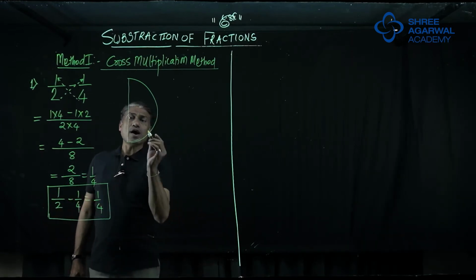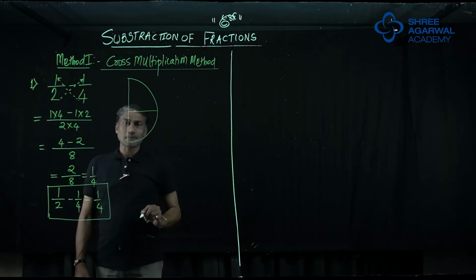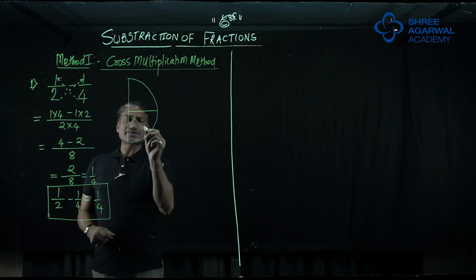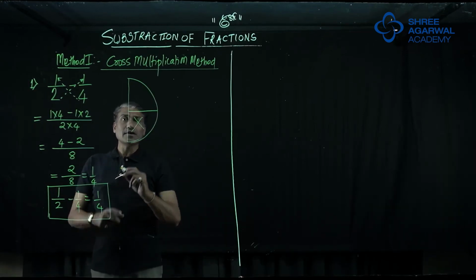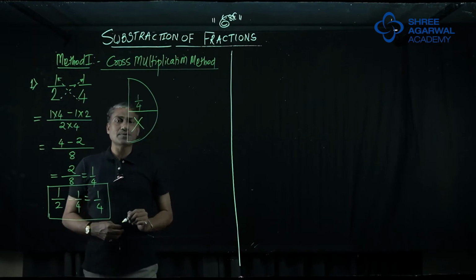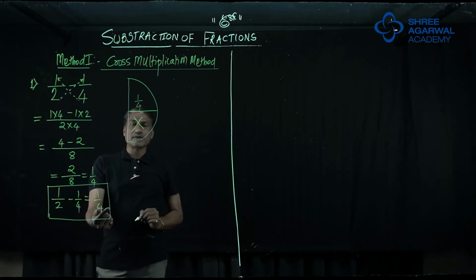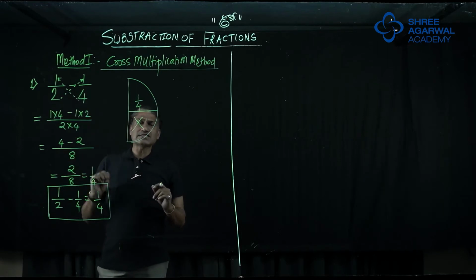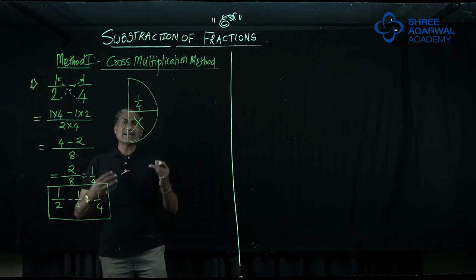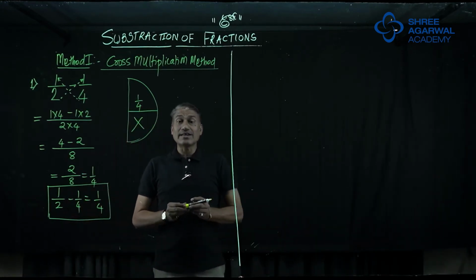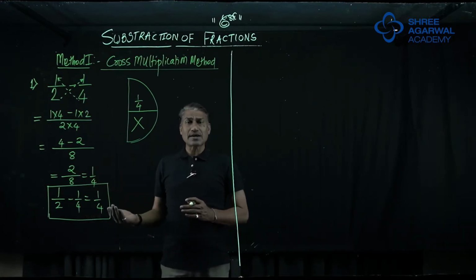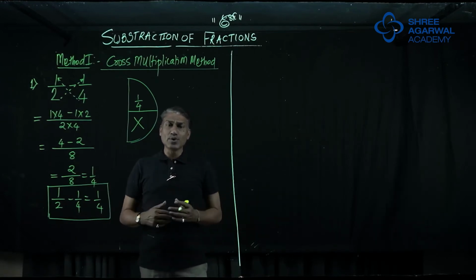Now I want 1/4. So from half chapati, if I subtract quarter chapati, what will be remaining is quarter chapati, which is our answer. So understand, when fractions are there, you should try to correlate with your day-to-day life examples, so the understanding becomes easier, and in fact, whenever required, you can get the answer without doing all these steps. But these steps are required till we understand, till we are able to do.